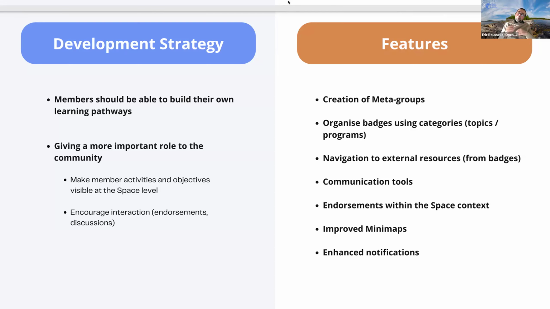We will also try to deliver more notifications to different kinds of learners based on the activities in the space, for example if you have to review a badge application, or if you have received a badge. Part of this is already there, but perhaps we need to be a bit more talkative in this area.